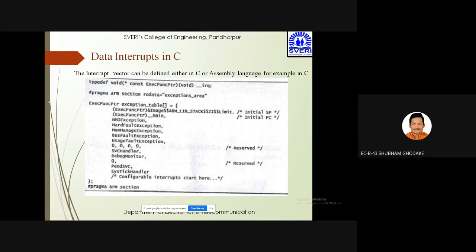Then we are going to have the reserved value, then SVC handler, that is a service call handler, debug monitor. Then again we are going to have some reserved value, then pend SVC, that is a service call, and system tick handler यानी कि system time clock. And in this way you can write the interrupt vector that can be defined in C or assembly language.